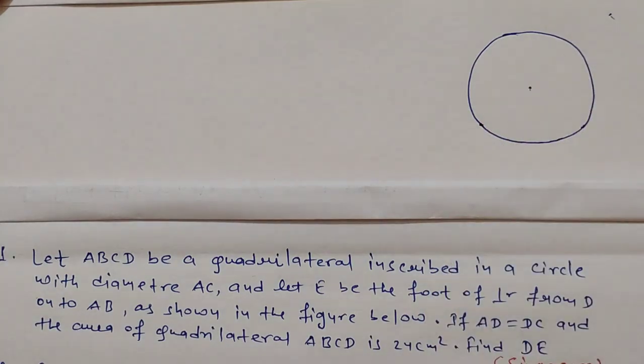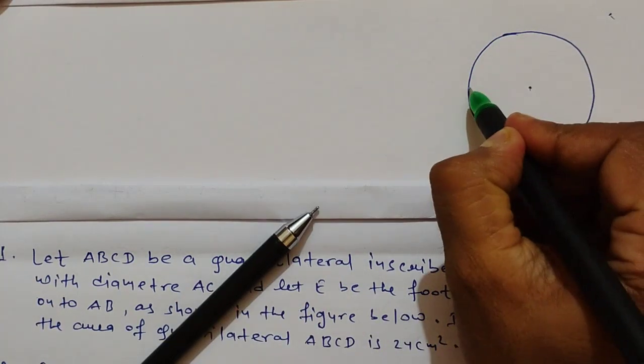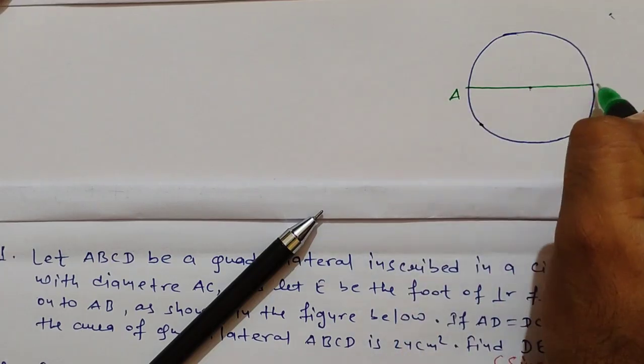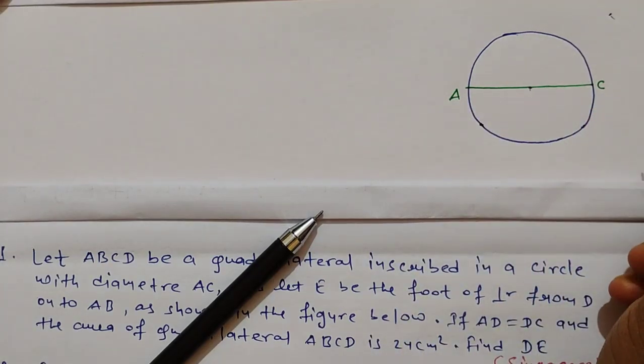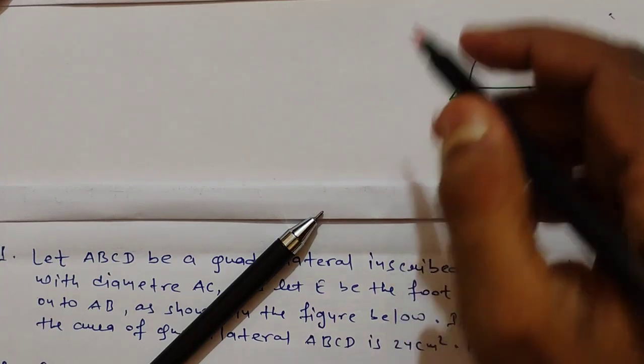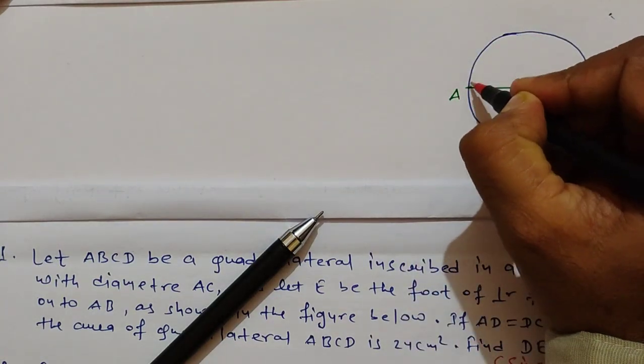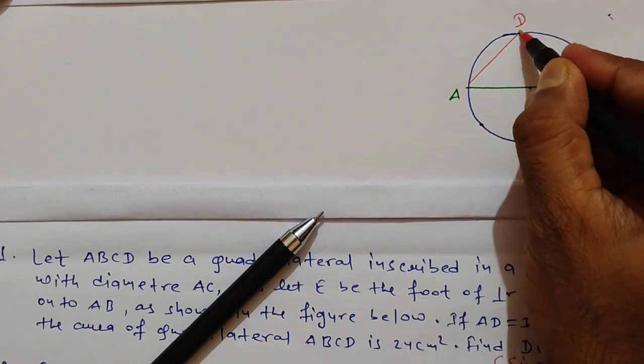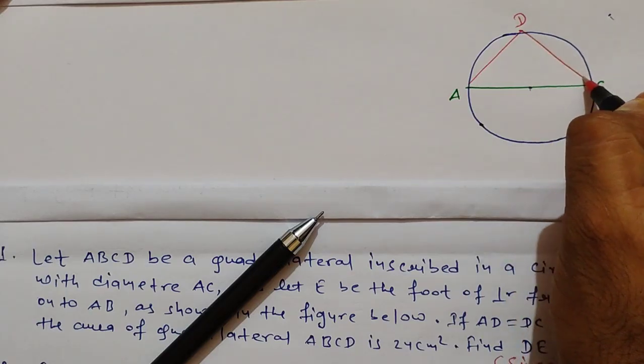And now here AC is the diameter, and here AD is the chord, and connecting D to C,